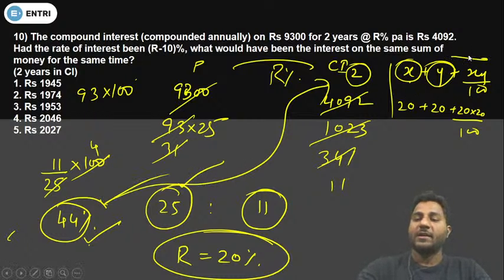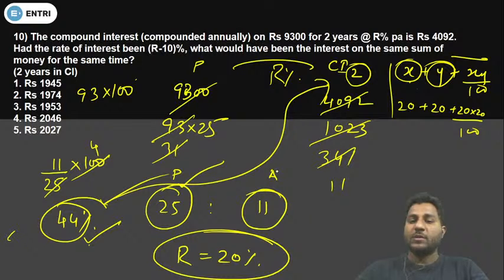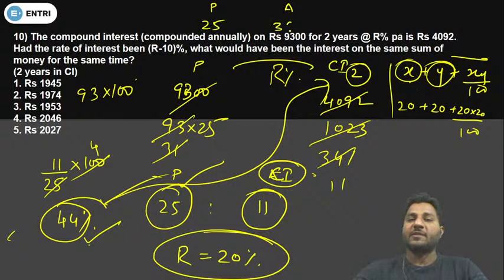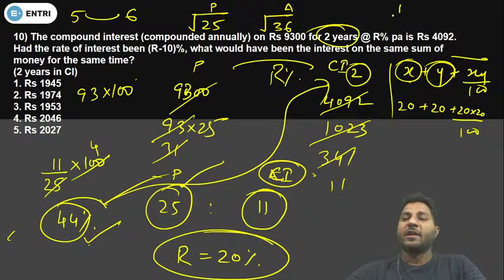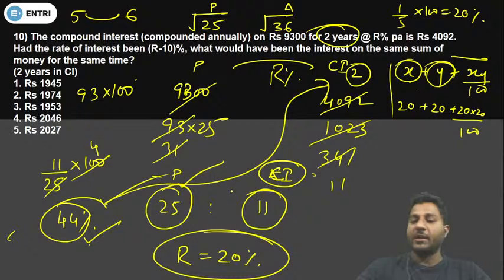It is a successive method, and if you are getting a successive method, that means you will be generating more values. Let's say this was the principal and this was the compound interest. If we add both values, the principal and amount ratio will become 25 to 36. If we take the square root, because we have got after 2 years, it will become 5 to 6. That means your rate of interest will generate 20%. So we have figured out the rate of interest.